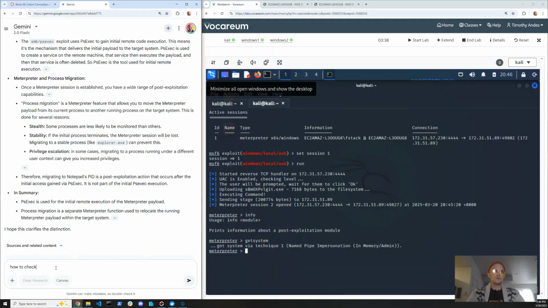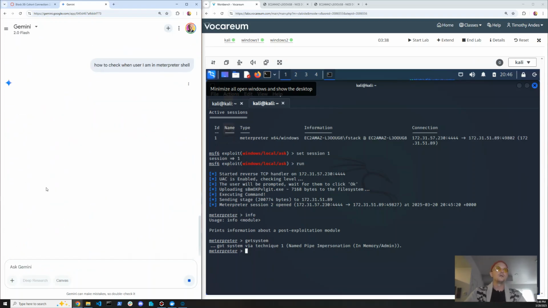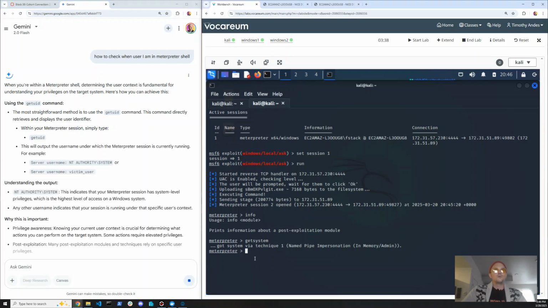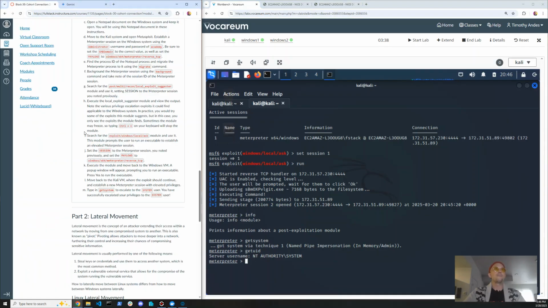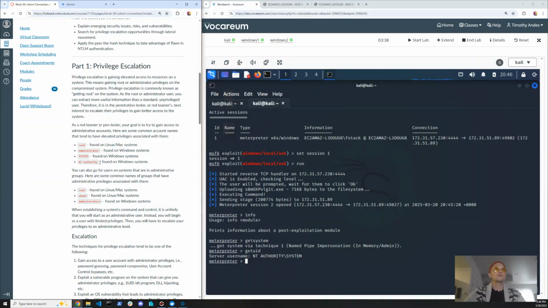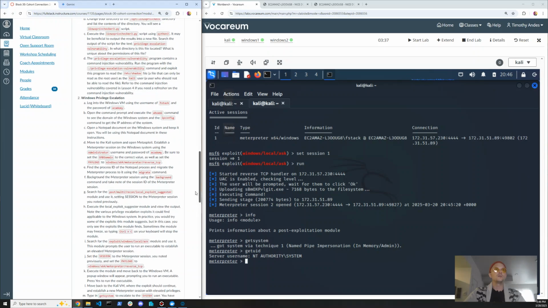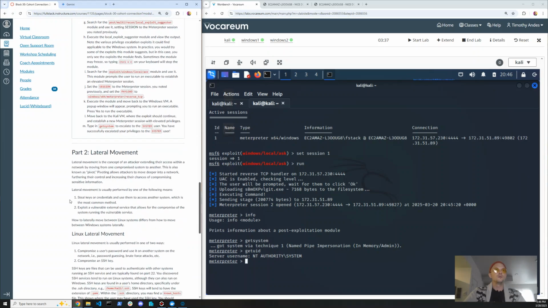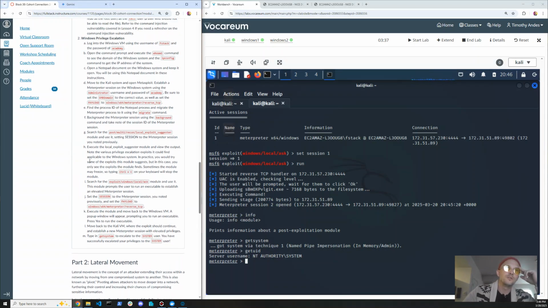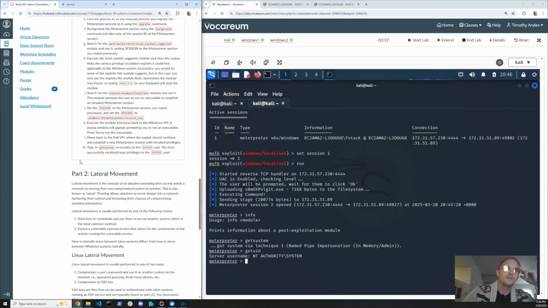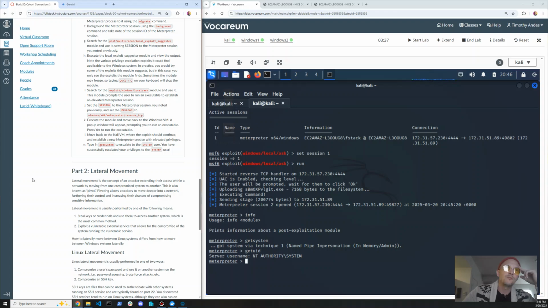How to check which user I am in interpreter shell, just to verify. Get UID. We are NT authority system, and as mentioned up here, you might see that as one of the elevated users. We got elevated, son. Alright, so we have elevated privileges, and I'm going to stop the video here, and for the next one we'll do the lateral movement portion,